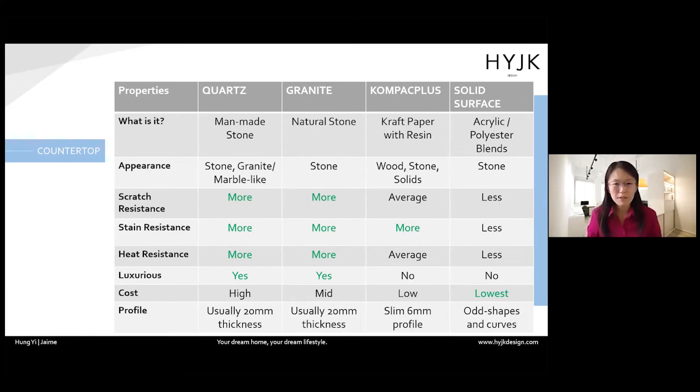Appearance-wise, quartz is stone-like. It can look like marble, with grains that look like marble, or quartz that looks like granite. And granite, of course, looks like granite itself, stone. Most commonly it will be darker colors for granite, black and gray.